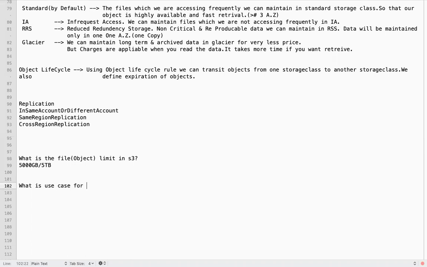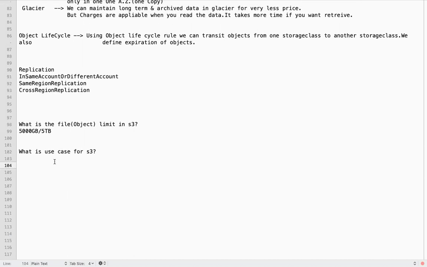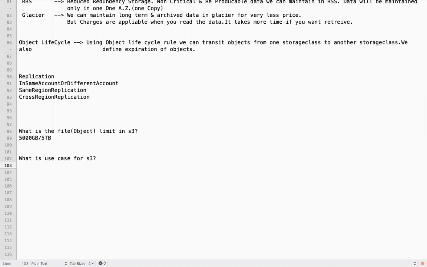So what are the use cases for S3? What type of data can we maintain in S3? The best place to maintain our application logs.